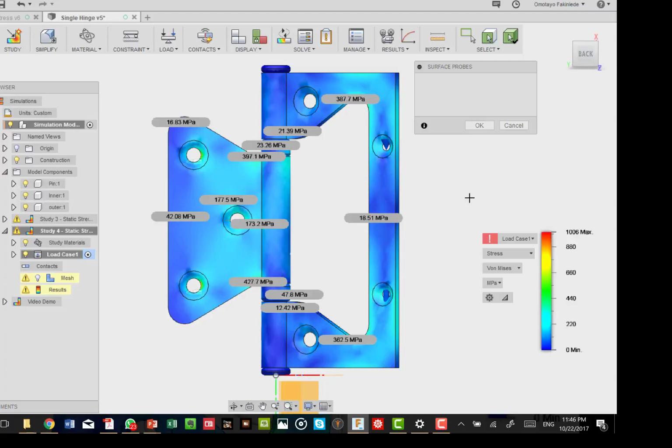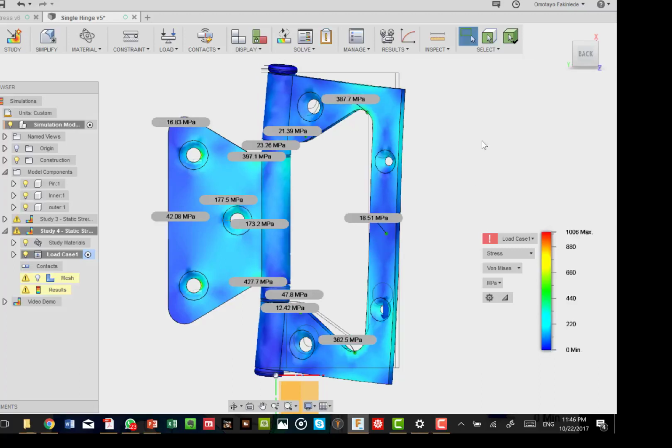Now, what do these tell us? Let's say click OK. What these surface probes tell us are as follows. First of all, we can see that the stresses around here are very low. Now, when we cut a space for the inner out of the outer body, the area where we really have problems are the extreme edges of that inner object.